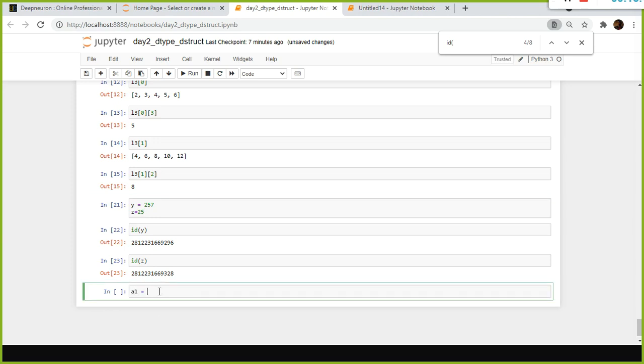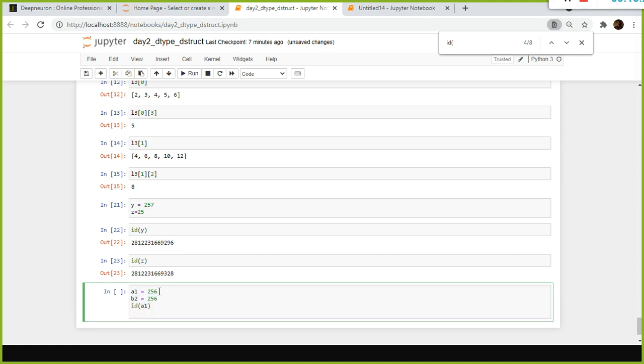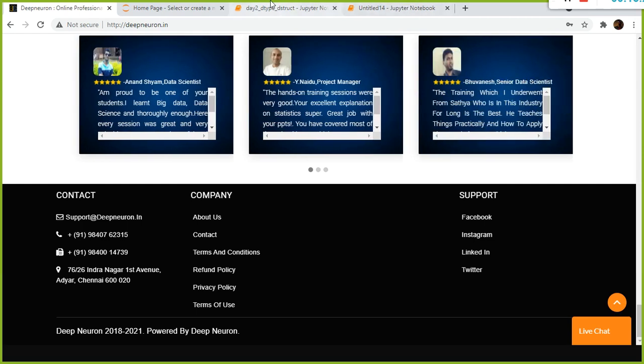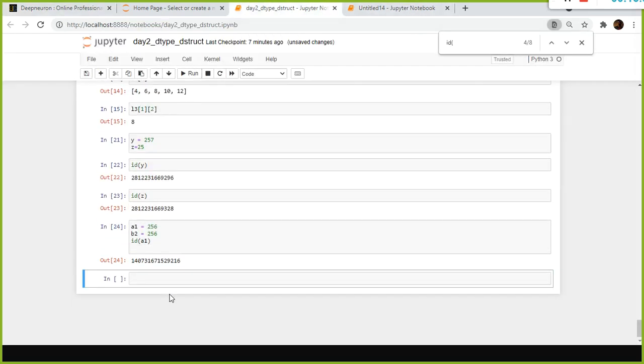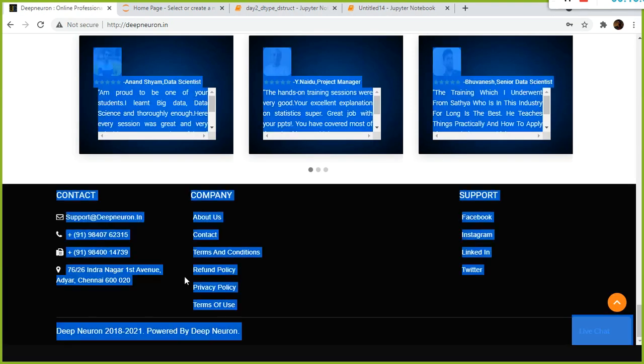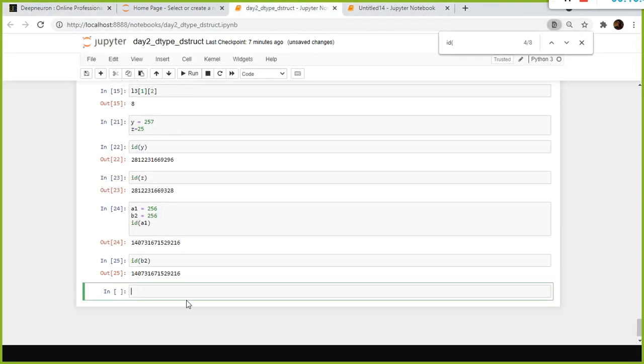Let's say A1 is equivalent to 256 and B1 is equal to 256. ID of A1. What is the ID of A1? See, both of them are the same, right?